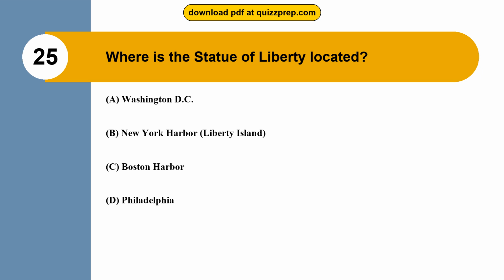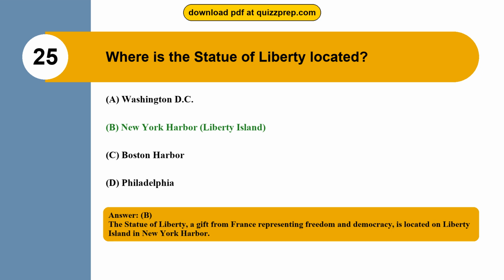Washington, D.C. Option B. New York Harbor, Liberty Island. Option C. Boston Harbor. Option D. Philadelphia. The correct answer is option B. New York Harbor, Liberty Island. The Statue of Liberty, a gift from France representing freedom and democracy, is located on Liberty Island in New York